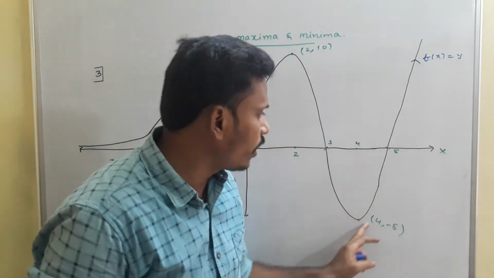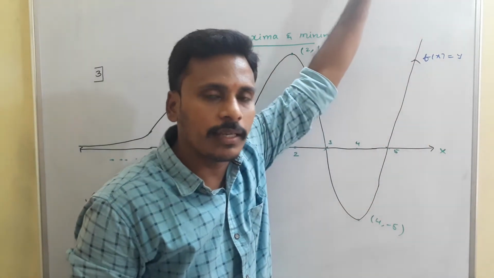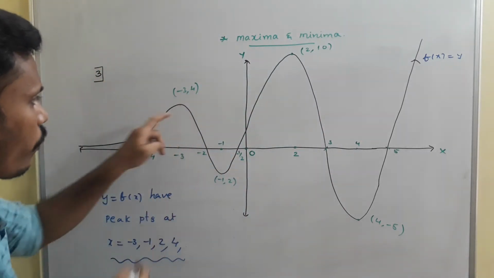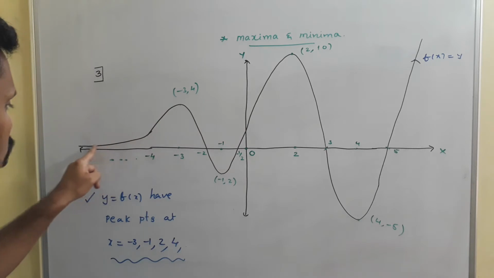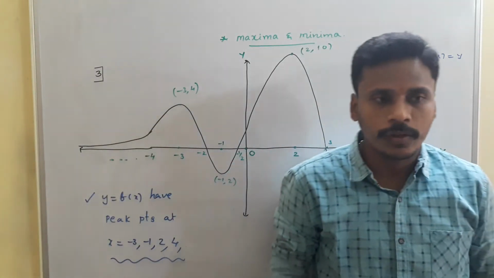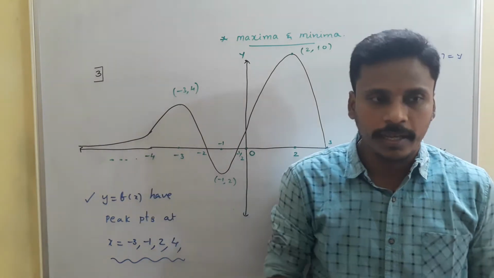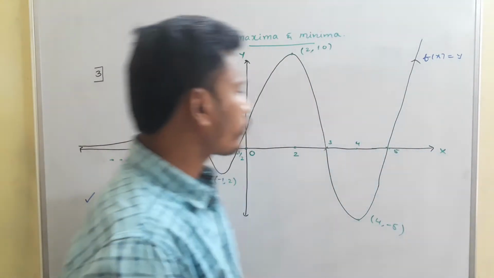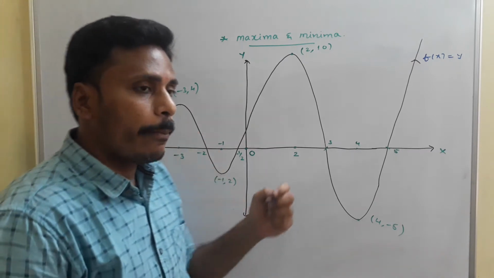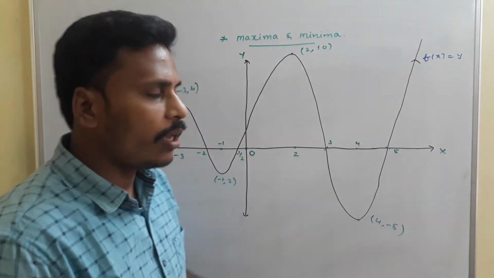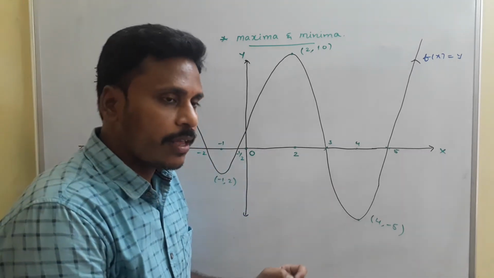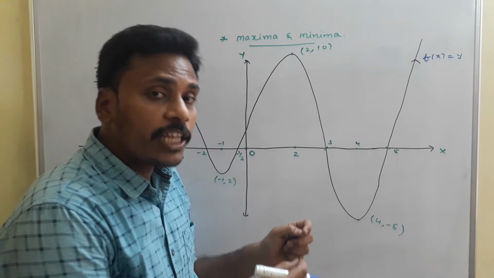After this peak turning, the graph is continuously increasing, so there are no peaks, and before this left side of this -3, the graph is continuously decreasing, and there are no turnings or critical points for this graph left side of this -3. Okay, right. And for this, how to mention maxima or minima? To mention maxima or minima of f of x, we need to fix the range of x.